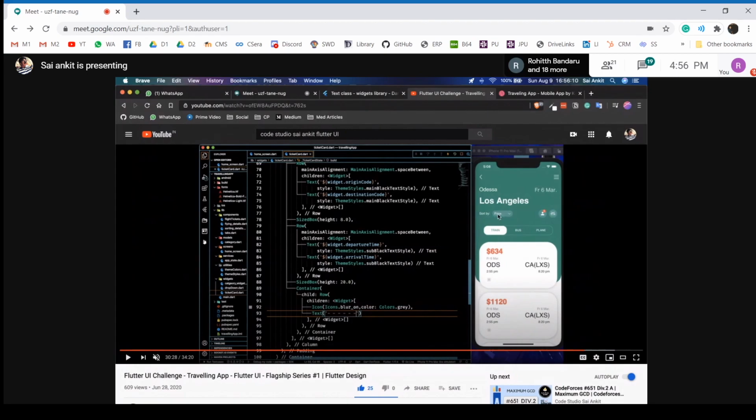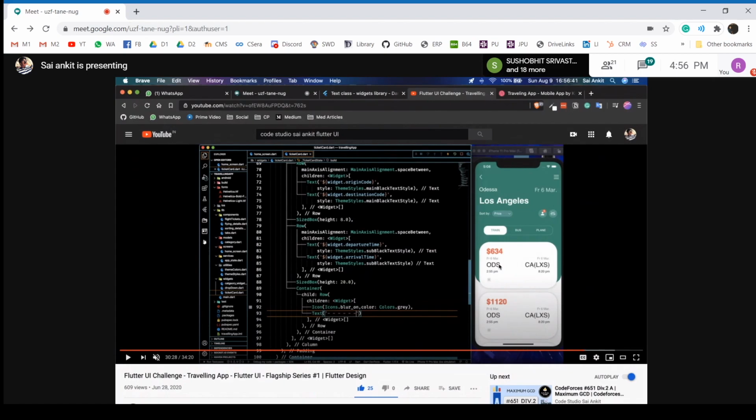And the container has a price. And then an icon and another icon. Icon is again inside a container. You can see this round thing. It's a container again. And then you come to the next child of column, and again this is a row. This is a card that you have written. This is also another card, and inside the card also. So basically you have to play with columns and rows and this container and text. These are the basic heart of Flutter with which you can play.